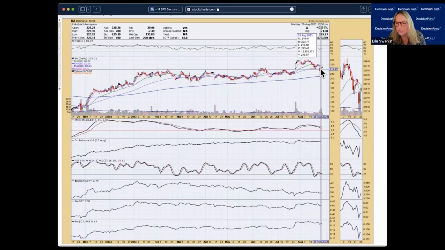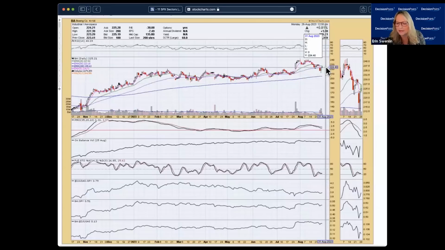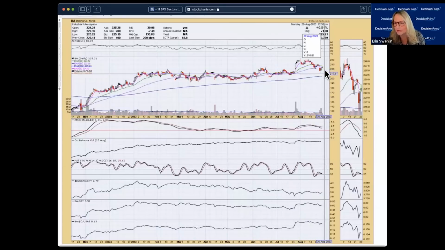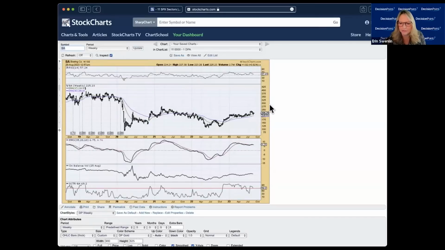Support was broken. It has re-entered upward. I just can't get excited about this one for a buy. If you owned it, I'd say I would still hold it. And my level of support would be down in here. I think the best one would be down there, but that's, well, 6.5% is doable. So if you did get involved, make sure you set that stop. But I'm just not seeing anything that exciting here. And I imagine a weekly chart's not looking that great either.